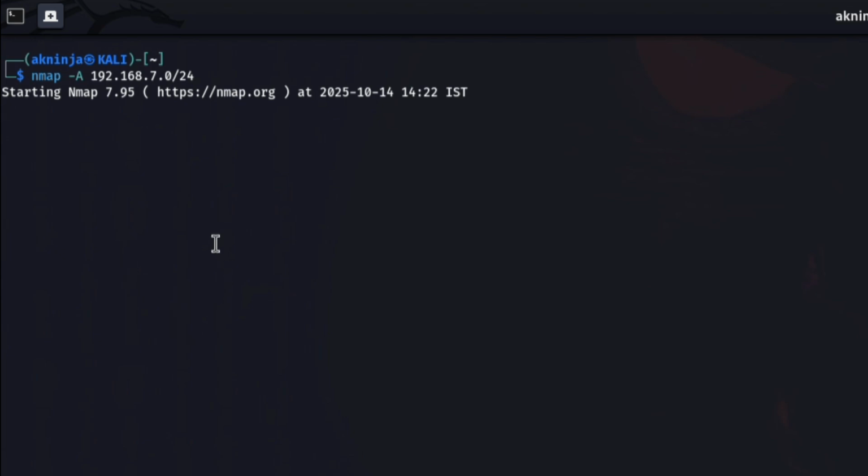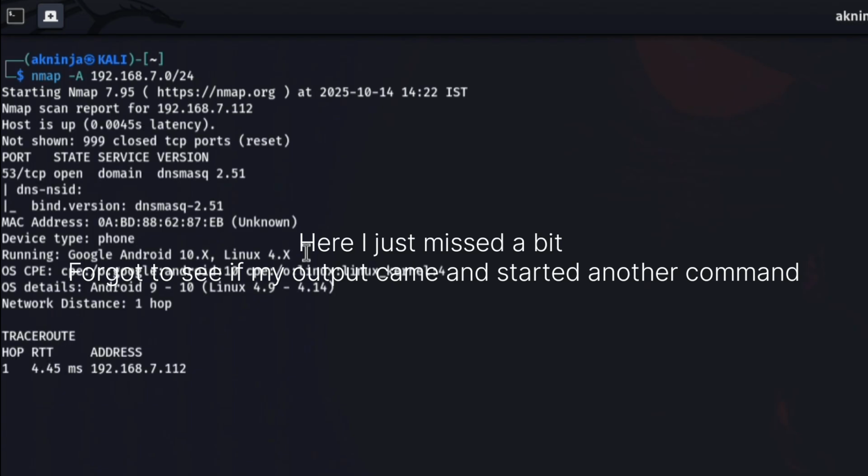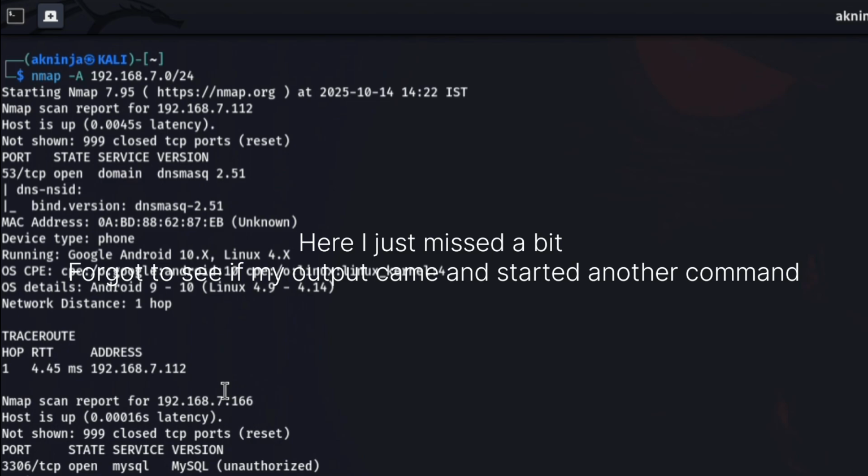And here's where things get juicy. Nmap comes with built-in scripts for advanced scanning using the --script command. You can detect vulnerabilities, enumerate users, even brute force logins. Sudo nmap --script=vuln with your IP address. Boom! This checks for common CVEs and tells you what's weak. Basically, nmap says, hey, this machine's running outdated software. Hackers would love this.